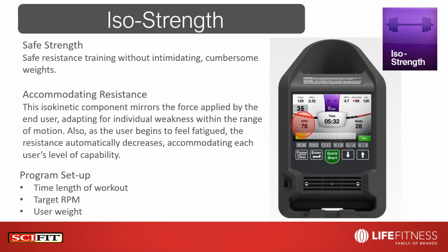ISO Strength is the exclusive strength program featured on SCIFIT products that provides a concentric isokinetic resistance. It is a safe, functional strength program in which the resistance matches the user's effort. The interval training that can be carried out using ISO Strength is determined by the RPM setting and speed of movement. For maximum resistance, attempt to go faster than the RPM setting. The product will not allow you to go any faster, so the harder you try, the more resistance is generated,